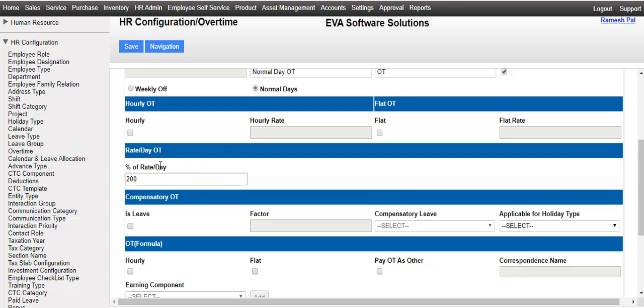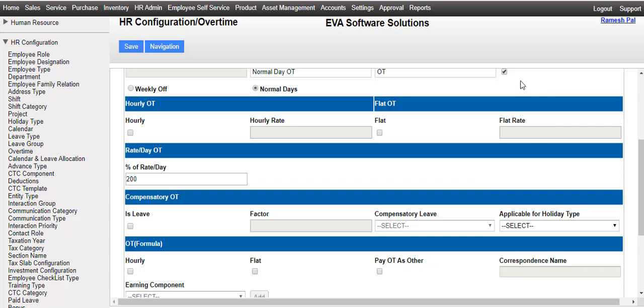Now let's consider an example. Suppose the gross salary of an employee is 12,000, and suppose you are calculating payroll for January month. So the per day salary of the employee will be 387 rupees. Suppose the employee works on Republic Day, then the overtime amount will be calculated as 387 plus 2 into 387, which will be equal to 1161.